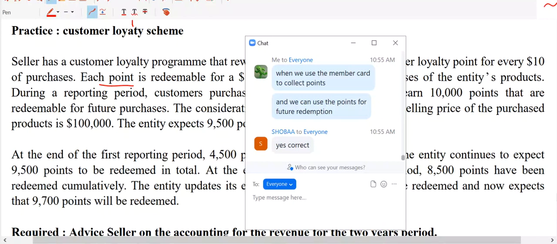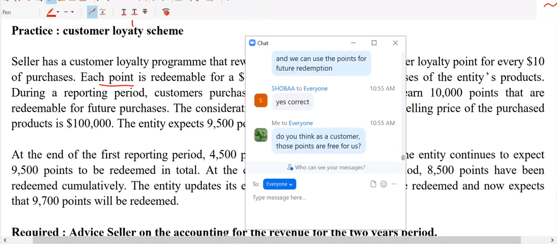So my point here is, do you think, as a customer, those points are free for us? And from a customer's perspective,